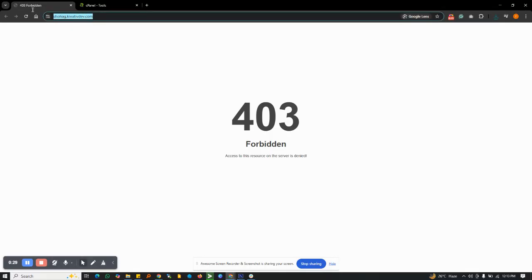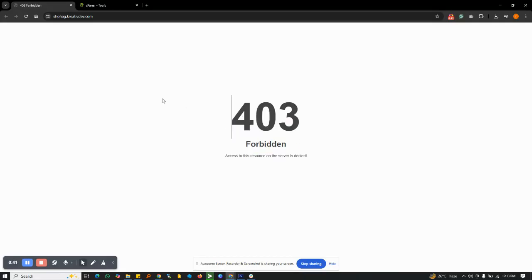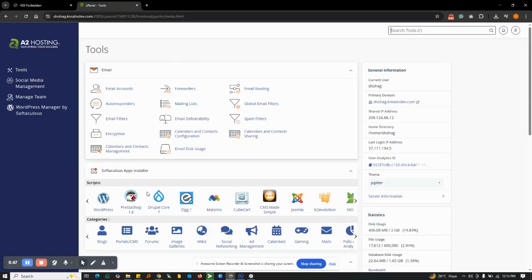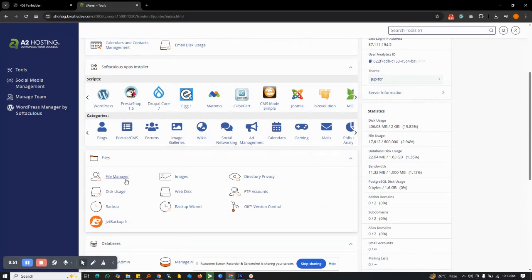This is my domain, and it has no script installed right now, so it is showing 403 forbidden, and we will install the script over here. For that, we have already logged into our cPanel area, and in this File Manager option we will go to